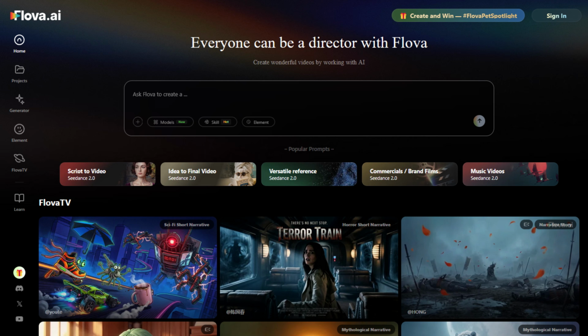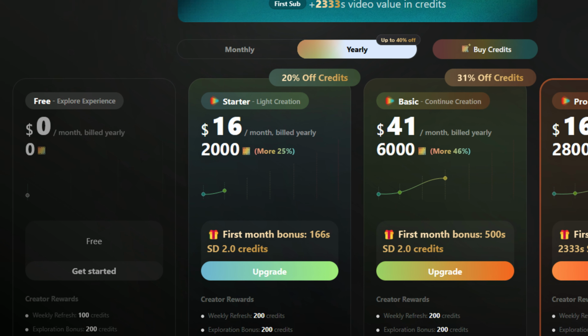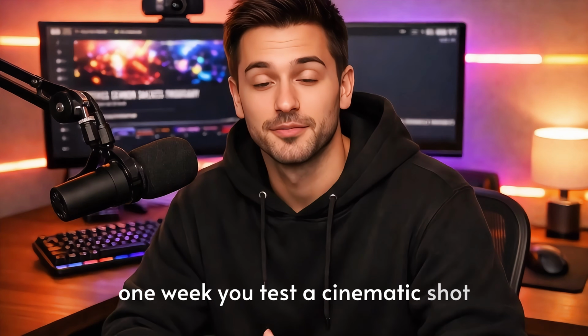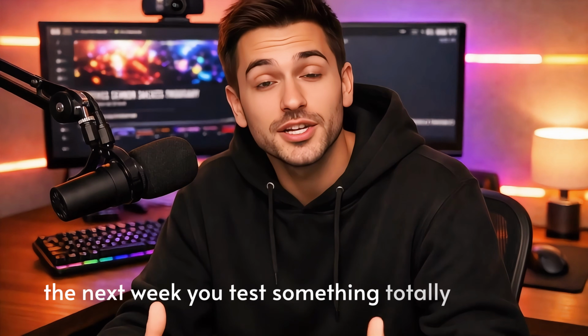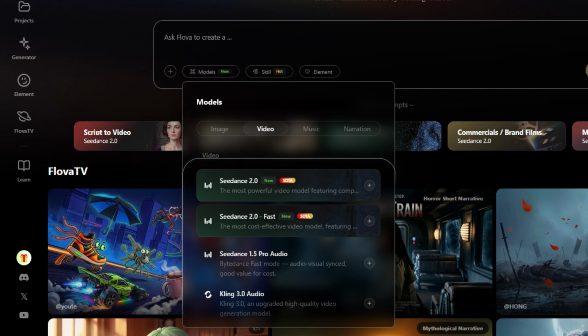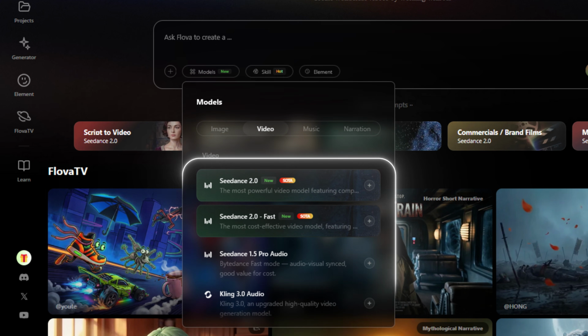The first one is called Flova AI. If you want to keep testing over many weeks, this platform becomes really useful. Flova gives you 100 credits every single week. One week you test a cinematic shot. The next week you test something totally different. So if you're the type of person who wants to really understand the tool before committing money, Flova AI is